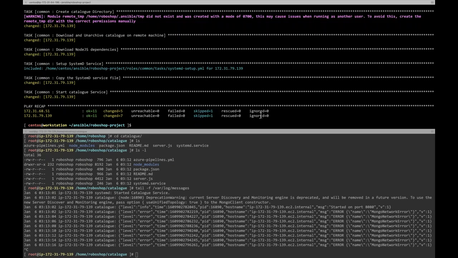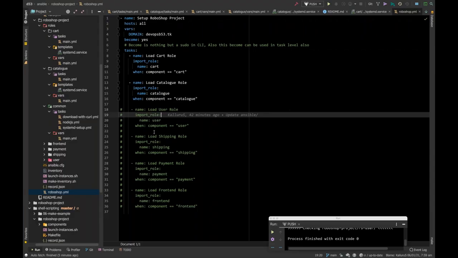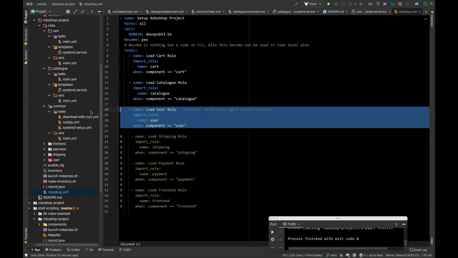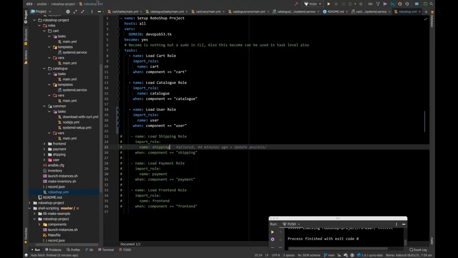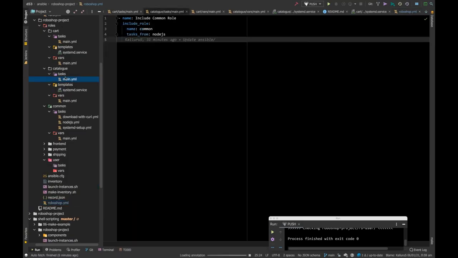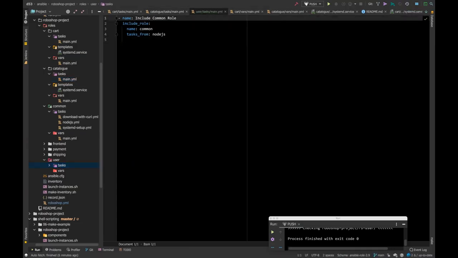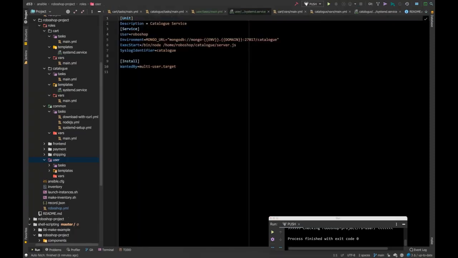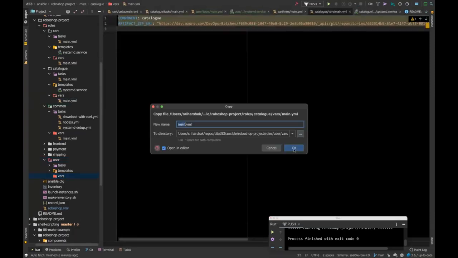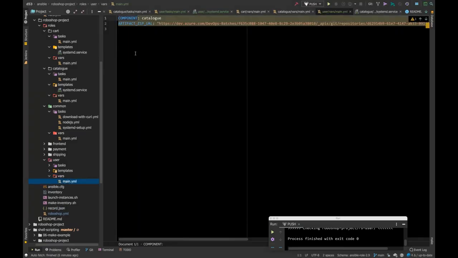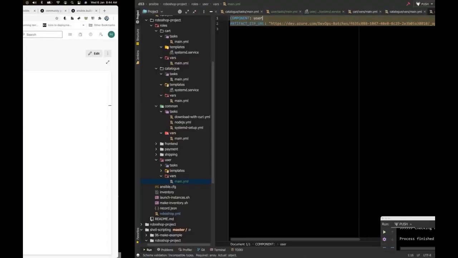Okay. So now you see how simple it went through, right? Since you made your code DRY, how simple it was. And now user is also the same thing. Now you say user, and then let's go to the user and go to the tasks main.yml file and put it here. Okay, done. And then the templates directory you copy there, put it here. Okay, main.yml file you copy there, put it here. In the main.yml file you say that this is a user, and also